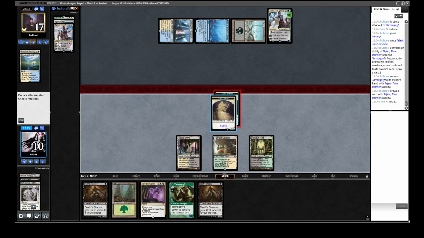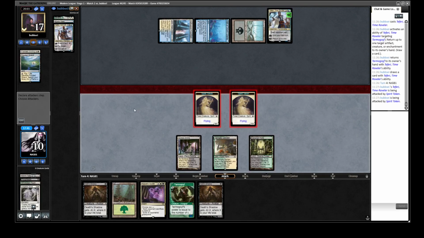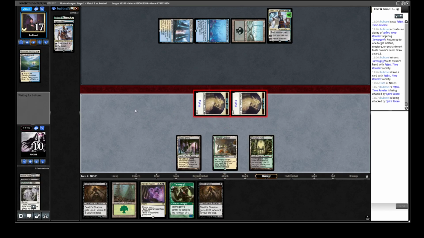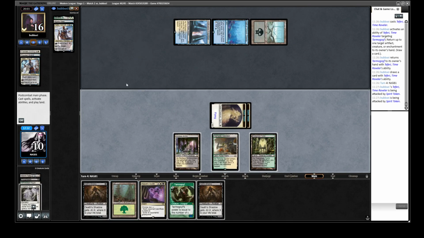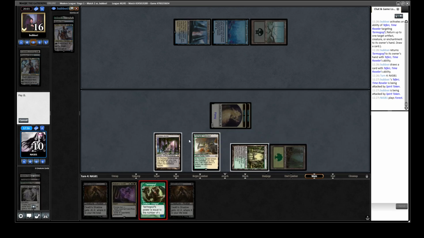send one of these at Teferi, one at my opponent. You know, if my opponent wants to use a Solitude on one of these, we're fine with that. Now we either go Shadow Shadow, or we could go Goyf Shadow Shadow, or we could go Goyf Lingering Souls. I think I want to go Goyf Souls here,